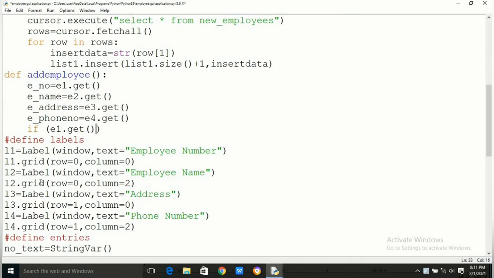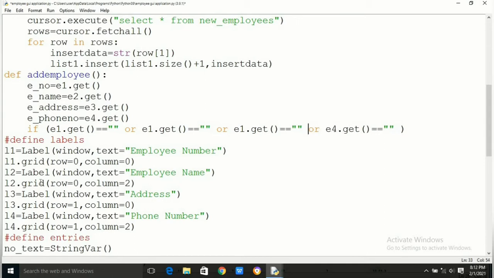These we are storing in the variables E number, E name, E address and E phone number. The user should fill all the data. If not, then we will show a message. If E1.get, E2.get, E3.get and E4.get is a null string, then it will show the message.